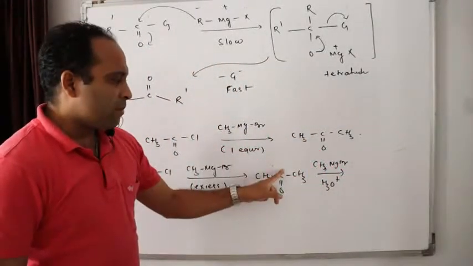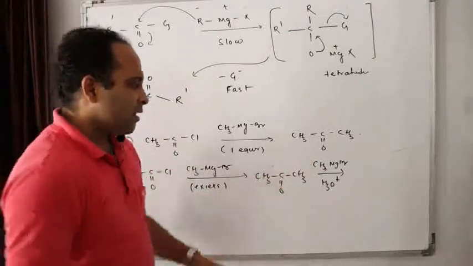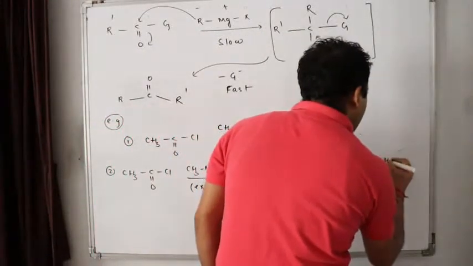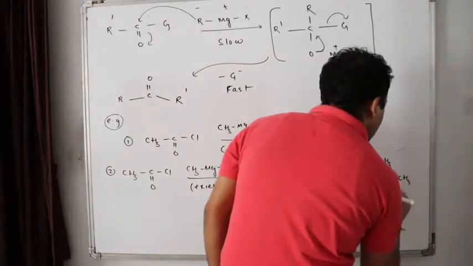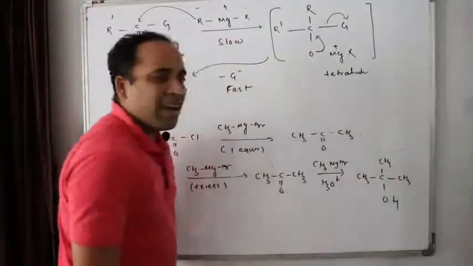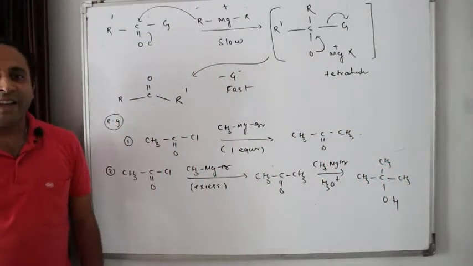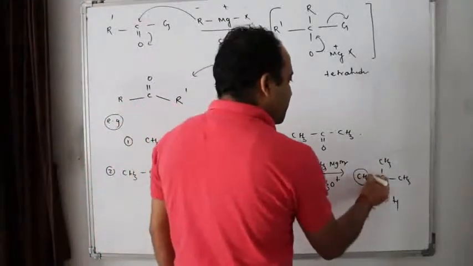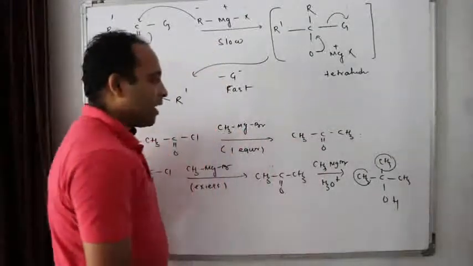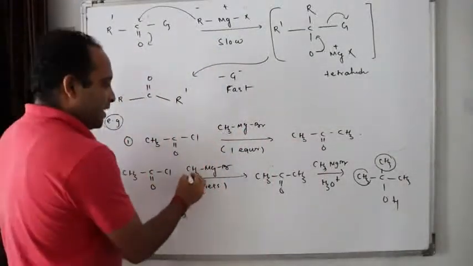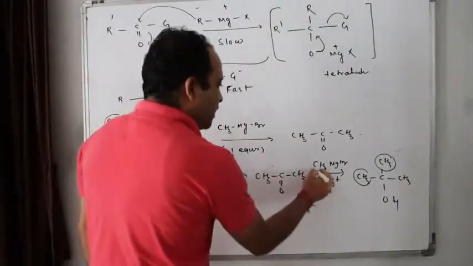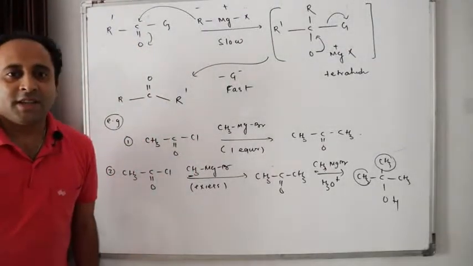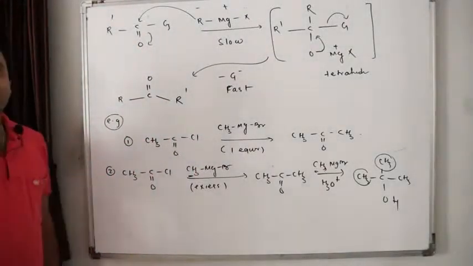The minus C plus CH3 will come over here. So what will I get here? CH3 C CH3 CH3 OH, isn't it? I'll get a tertiary alcohol, and two alkyl groups. Remember, the two alkyl groups are from the Grignard's reagent. Don't forget this. Okay? And they will be identical.